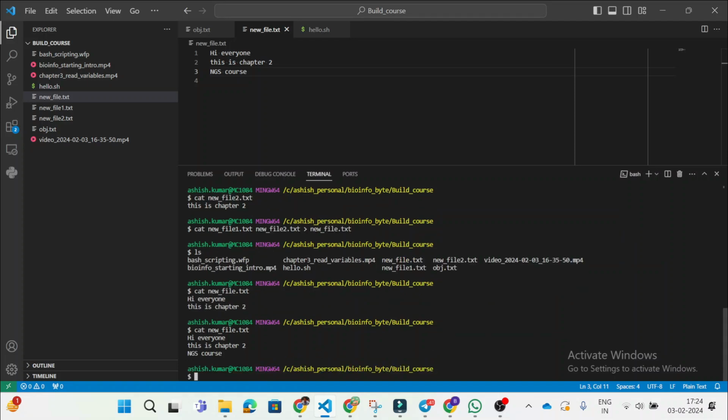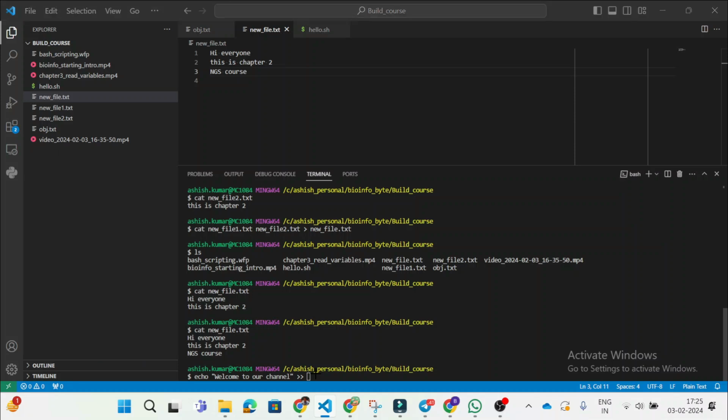How can I do this with the command line? Simply you can do echo, course, welcome to our channel, and I want to append to the existing file, so we can use the append operator.